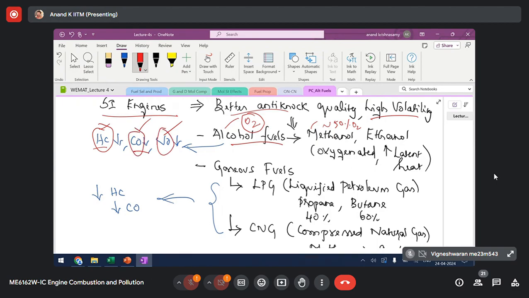NO will also come down, primarily due to latent heat. These fuels have a high latent heat of vaporization. You know, any fuel with a high latent heat of vaporization creates something called a cooling effect, because it is going to absorb heat from the cylinder. Due to absorption of higher heat from the cylinder, they result in a drop in temperature. A drop in temperature will help in controlling NO, thermal NO, effectively, you know that. So we can say that all three primary pollutants can be reduced with alcohol fuel, but you could see